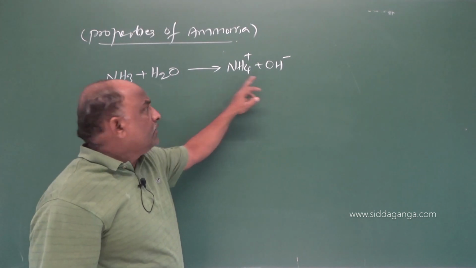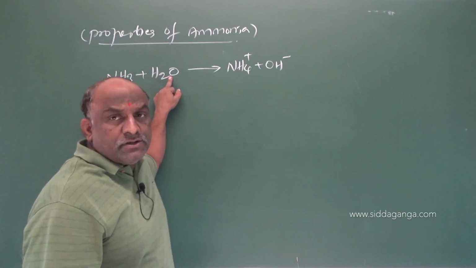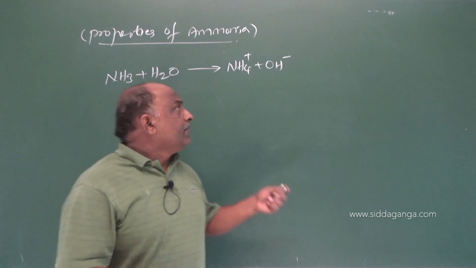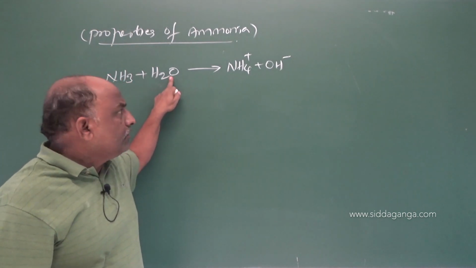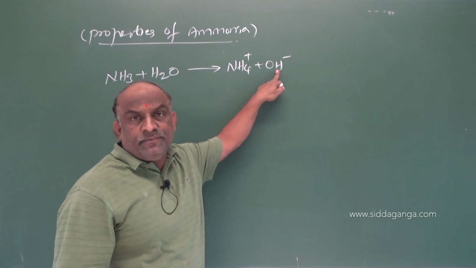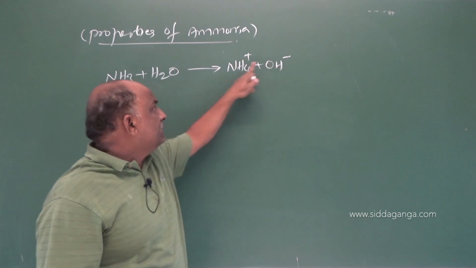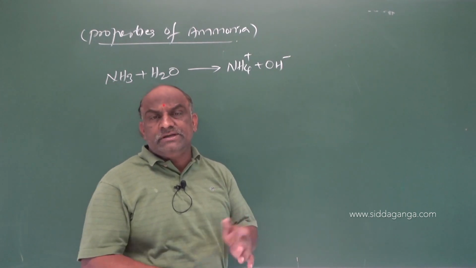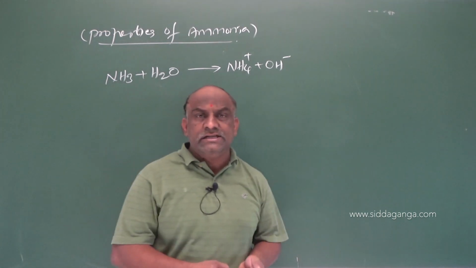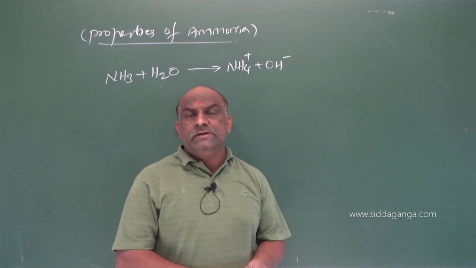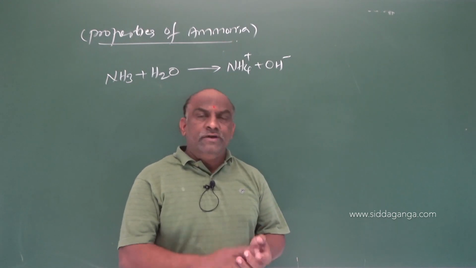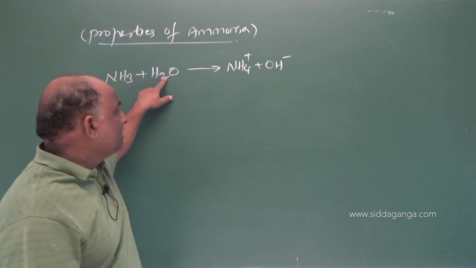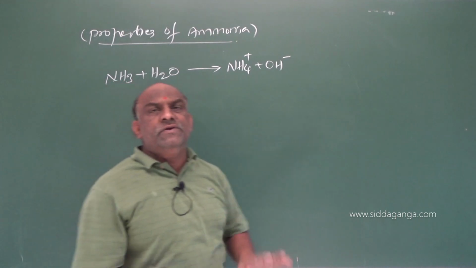So here base 1 has acid 1. Already we know the conjugate acid base theory in acids and bases. Here, on dissolving in water, it produces OH minus ions. A substance which can produce OH minus ions in aqueous solution is called a base, an Arrhenius base. So there are three types of statements regarding acids and bases: Arrhenius acid base theory, Bronsted-Lowry acid base theory, followed by Lewis acid base theory. So ammonia is a weak base.